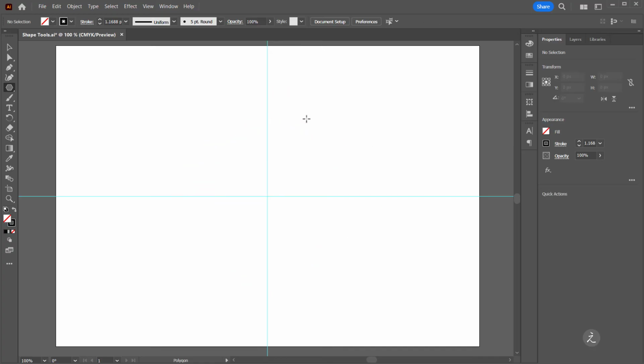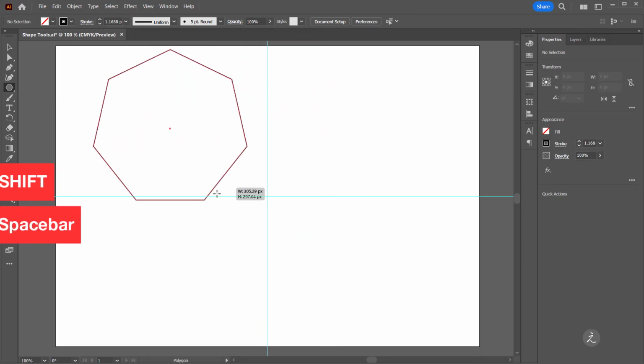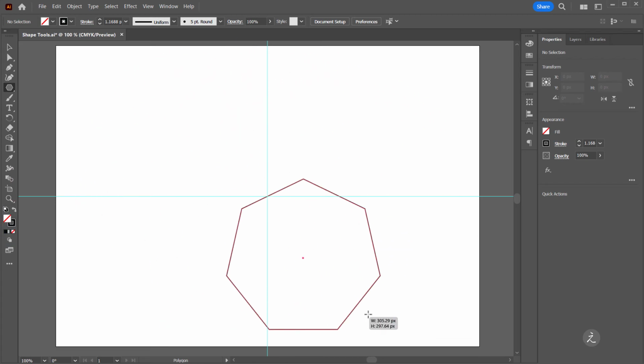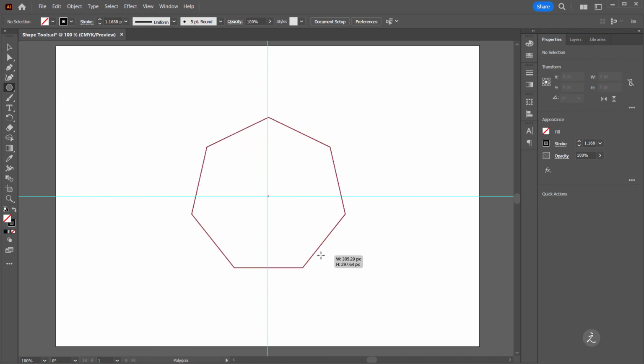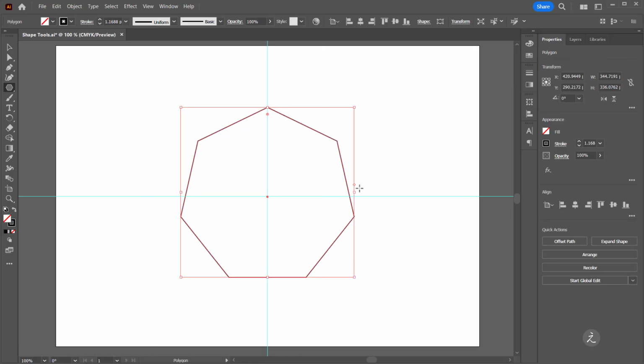I'll delete that and draw an upright polygon from the center out using the Shift key on the keyboard. With the mouse still pressed, I can also add the spacebar into the mix. The drawing operation gets suspended, and this way I can position the polygon to the desired location. Now in the event I release the mouse button, on the right edge of the bounding box, I get this